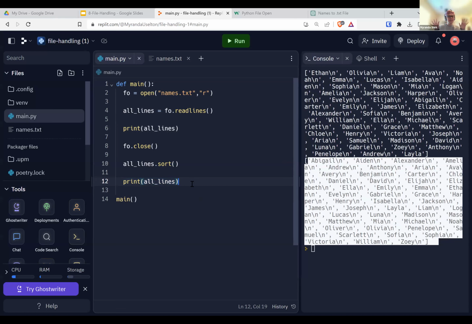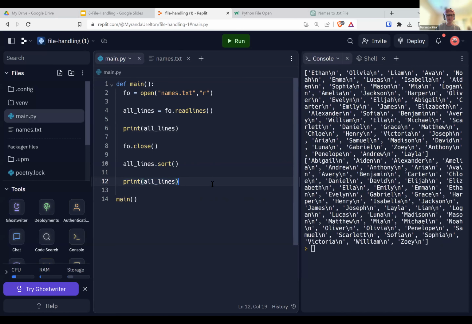I just wanted to give you an idea of why you would maybe want to open files in the first place. I am a data scientist, which means that I regularly read files into Python, make graphs, do things with it, use data, do machine learning on that data. So I am all the time opening files and taking files in. And so this is just one example of why you may want to use this file handling.